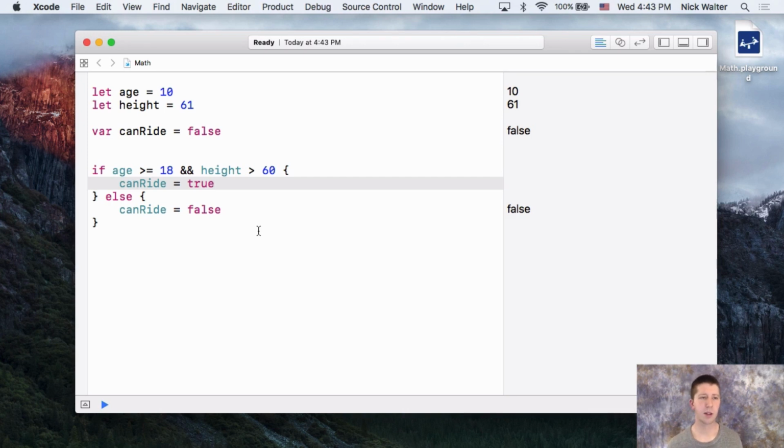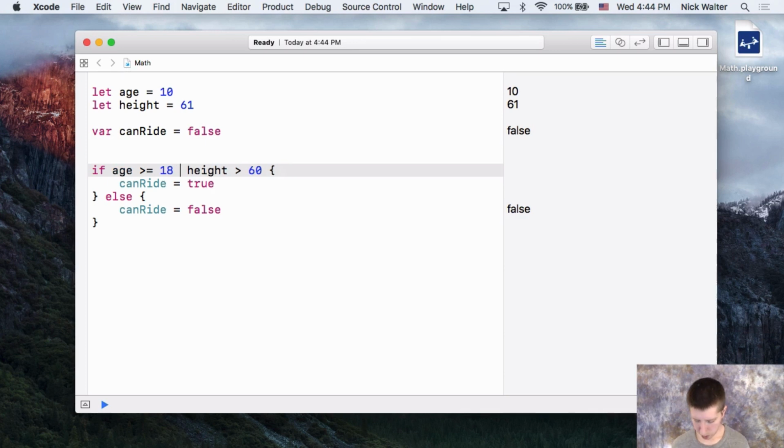Like this is, okay, we're saying we want them to be an age and a certain height. Well, what if we change our minds and we say we want the person to either be 18 or older, or they just have to be tall enough. So it doesn't matter which one they satisfy. It's okay if they satisfy both, but they just have to satisfy one or the other situation. Well, that is called an or, and it kind of just comes out through talking in English, right? Like the person has to be 18 or taller than this. Like it's really natural here, but to do the or, we're going to delete the 2 ampersands and